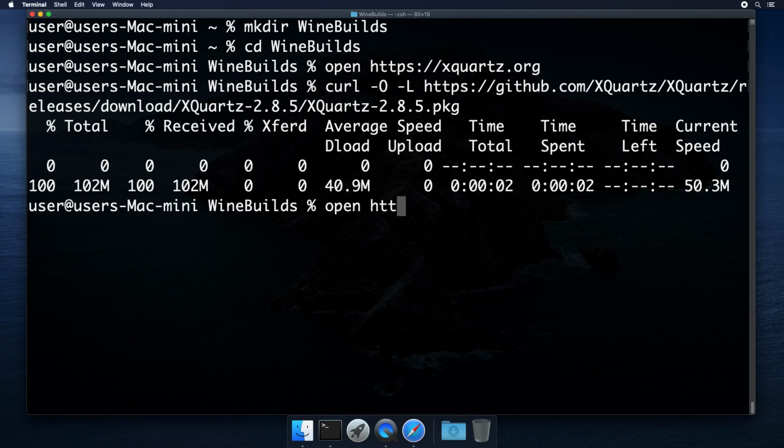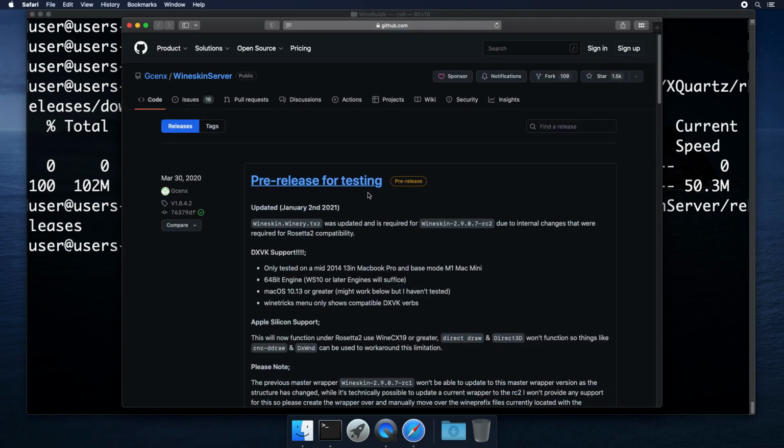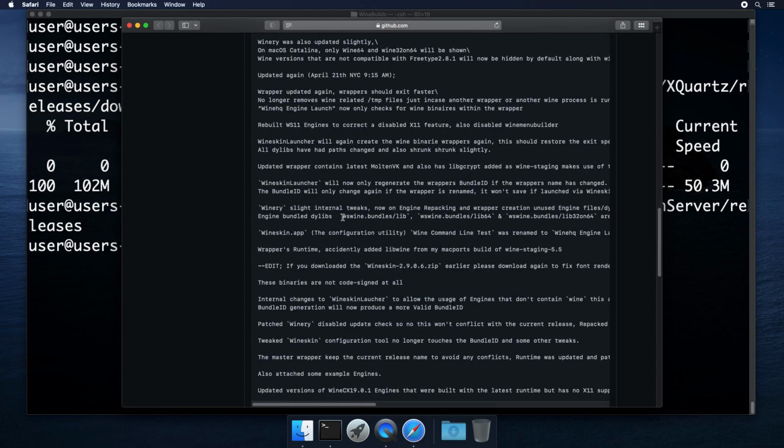Now we're going to get the version of Wine. We're going to be using Wineskin Winery, and you can get that from GitHub. I'm going to come down.